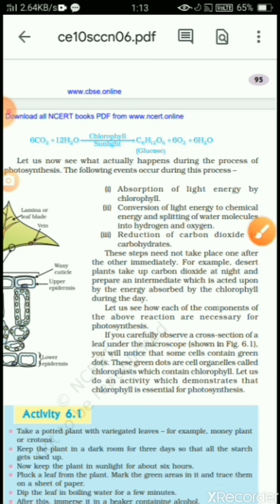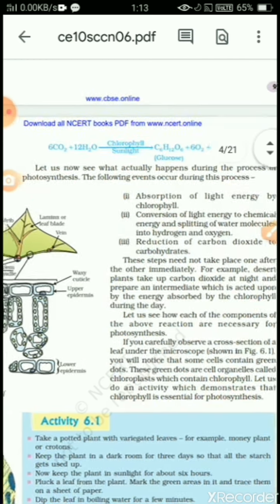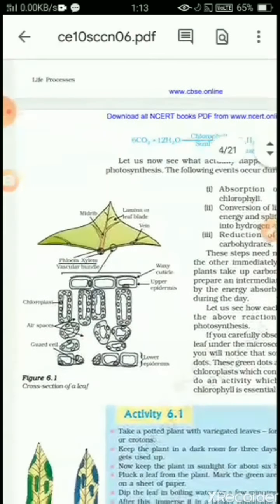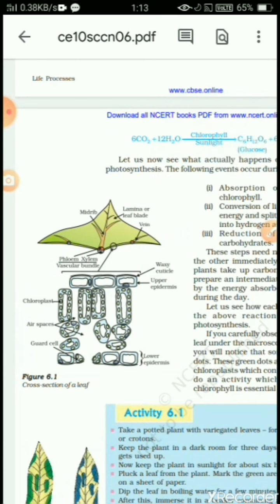Now, if we see a leaf under a microscope, then it will look like that. Now see the picture. This is the picture of a cross section of a leaf under a microscope, which is very important from the exam point of view. It is generally asked to draw a picture of the cross section of a leaf. So prepare it very well,